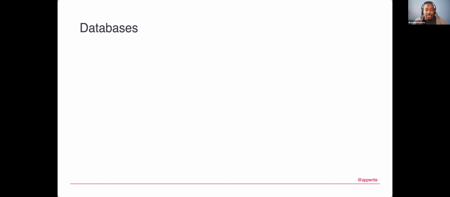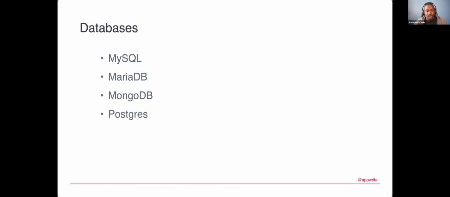And last but not least, of course, we want to talk about databases. So there's MySQL, one of the oldest open source relational databases. MariaDB, which is a spinoff of MySQL, but provides all the same functionality and things that you would need for a database there. Also MongoDB, which is a NoSQL database. And another one's Postgres. And these are some, like I said, there are plenty more than these, but these are some of the most popular ones. Postgres, another relational database. CockroachDB is another one. Like I said, the list goes on and on and on.